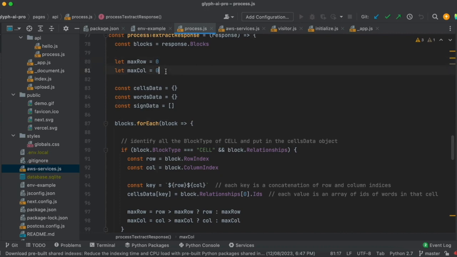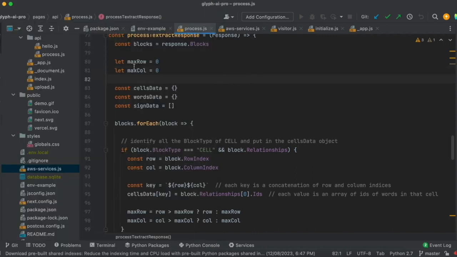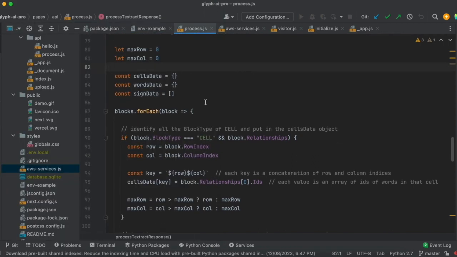Now, max row and max column, because in our image there are some empty rows as well, so we don't want to spend our time on those. We don't want any data in here. I mean, there's no data actually, so we don't want those rows. So we will be collecting all the cells, then we will be collecting all the words, and